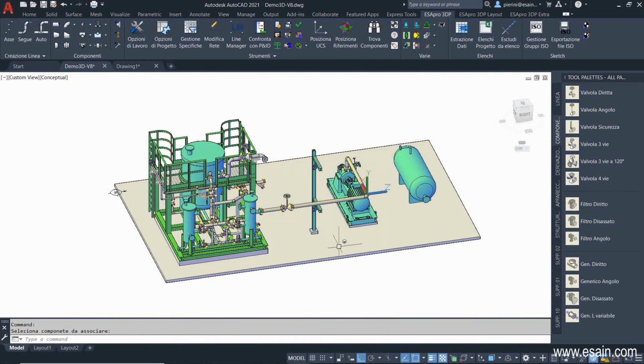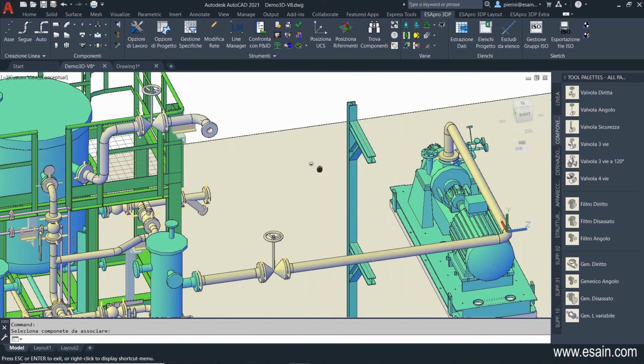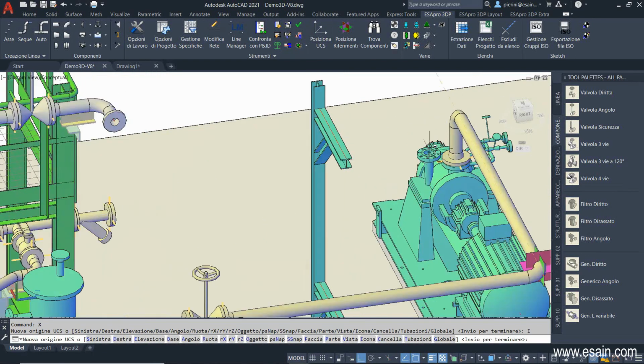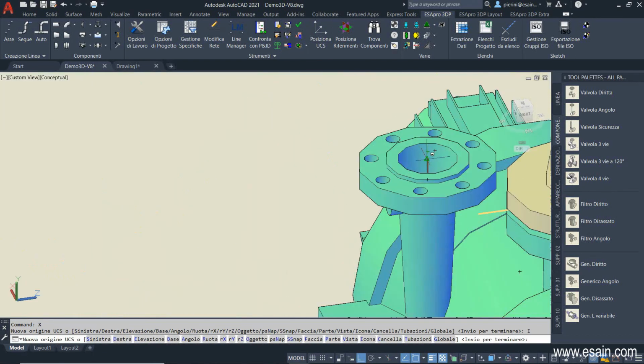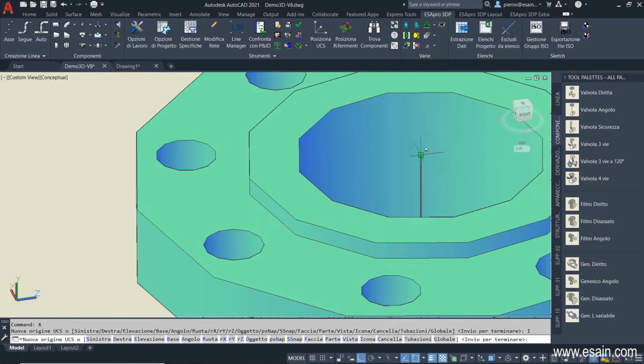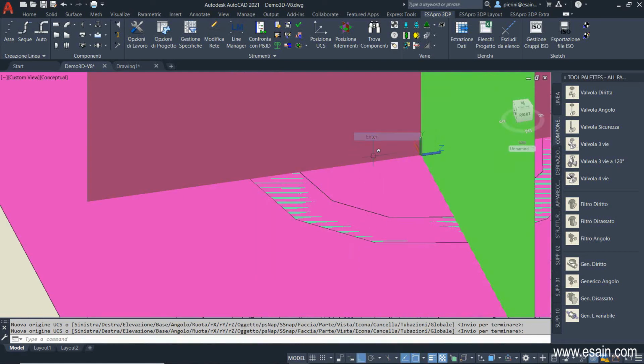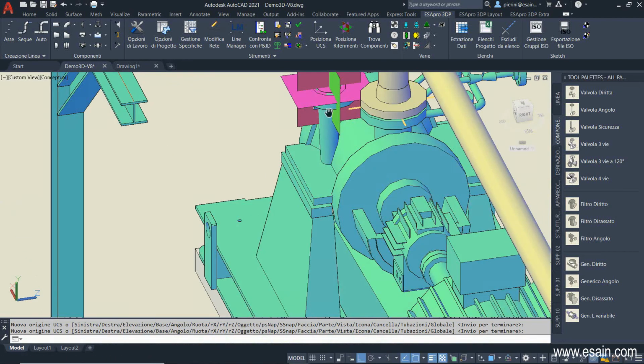To draw the next line, we will use the reference plane icons. These icons are special objects that we can place in the model to mark what are to be considered reference points. These are points that we can use as a starting point or as simple geometric references.